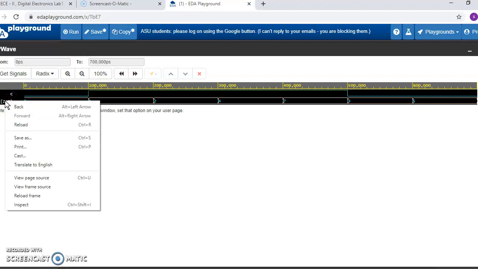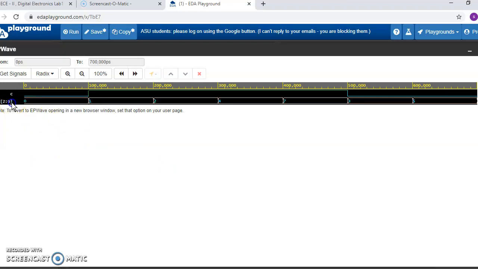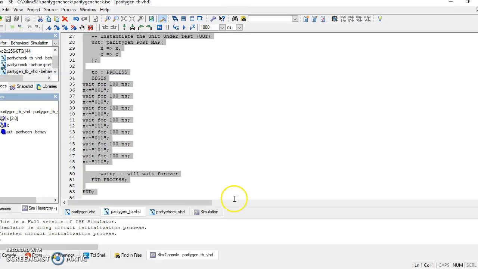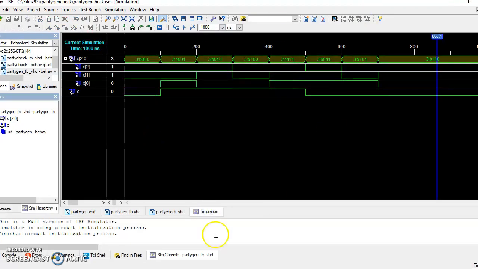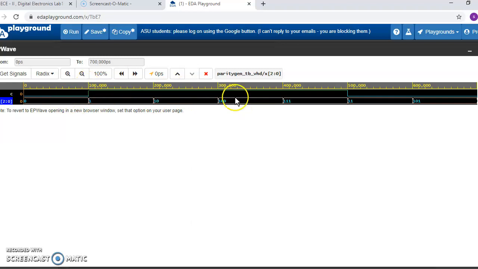This is the output of the parity generator. I'm not giving you the test bench of the parity checker. As I'm giving the parity generator test bench, you are able to extract it. I'm going to change the radix of my input to binary, so you can check. If it is 0 0 0 0, see, all zeros. Yes, we have verified this waveform, right? The same, because I've not changed any test pattern. The same we can see over here.